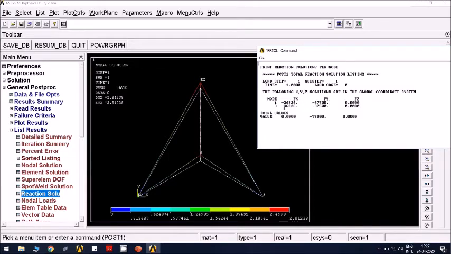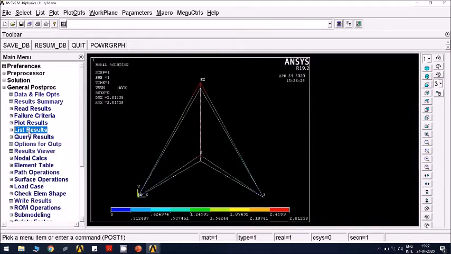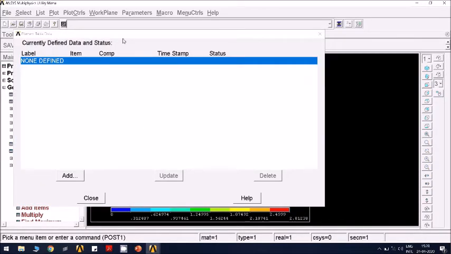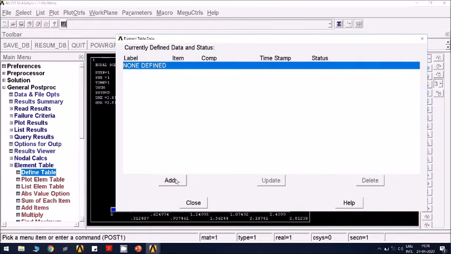Similarly at node 3 also you can check the reaction solution, and after checking the reaction you can verify the force balance also between applied load and reaction. Very important thing is we want to define the stresses for defining all the elements. So go to element table, define table, add